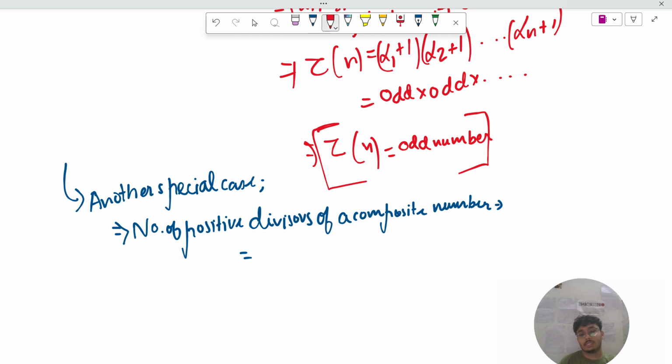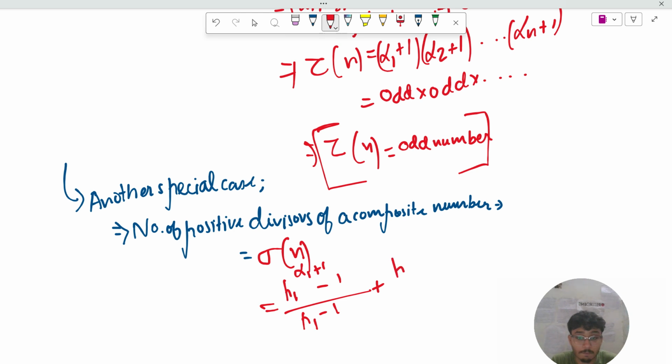So my normal number of divisors is denoted by tau of n, and this is different from sigma of n. This is ultimately going to be p1 to the power of alpha 1 plus 1 minus 1 by p1 minus 1, and p2 to the power of alpha 2 plus 1 minus 1 by p2 minus 1,